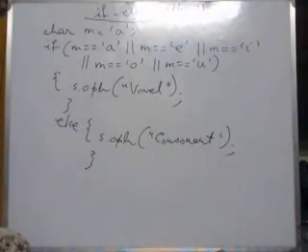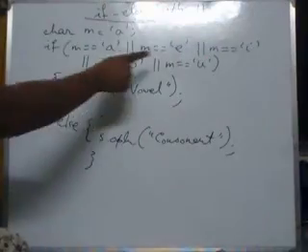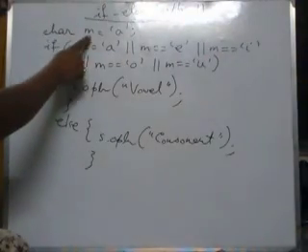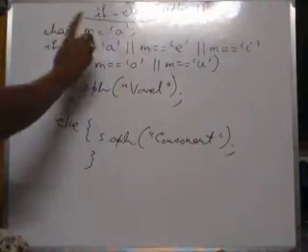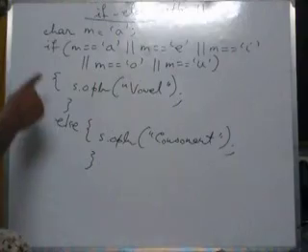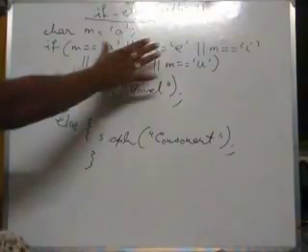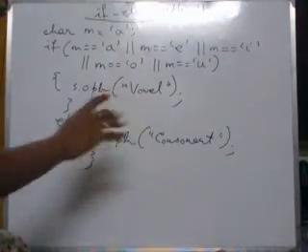Now this program code will check whether one alphabet is a vowel or not. We are using here the OR operator, two pipe symbols. Within the memory variable M, we have stored A, the character A. Now because we know that A, E, I, O, U, these 5 vowels are present, we have written within the if condition. It is quite long and we have used the OR operator within this.